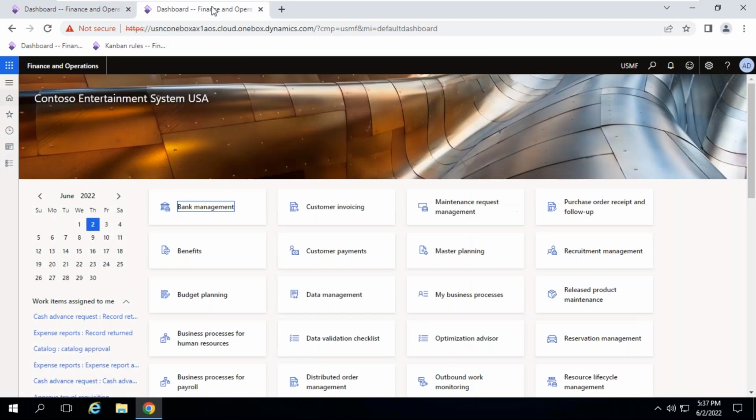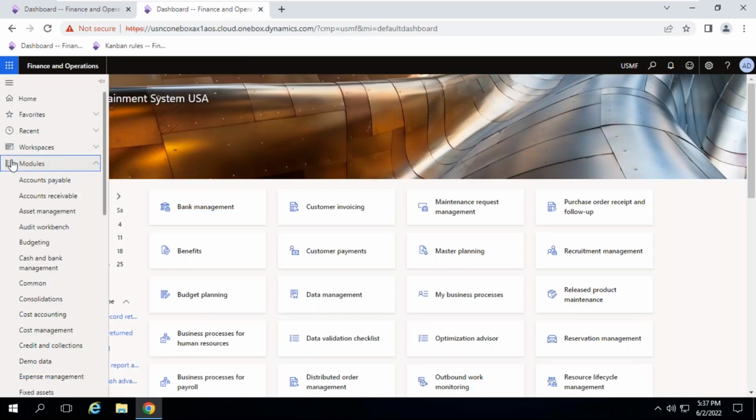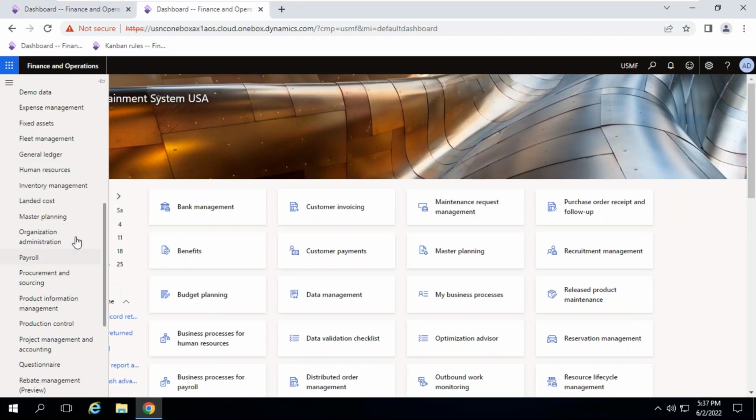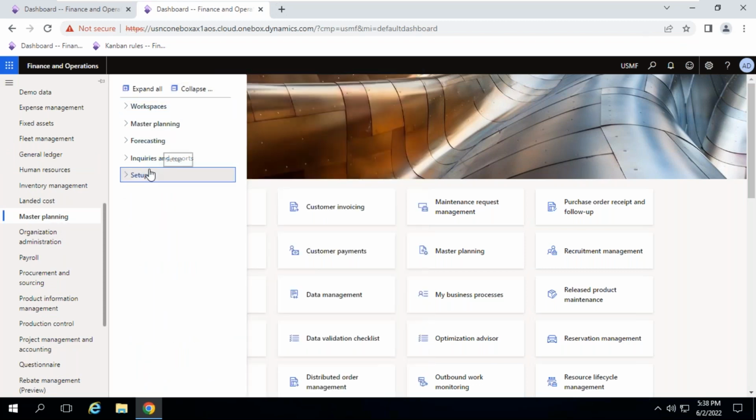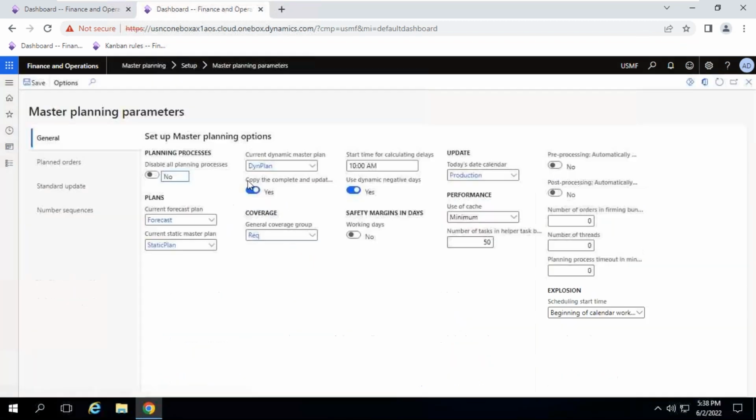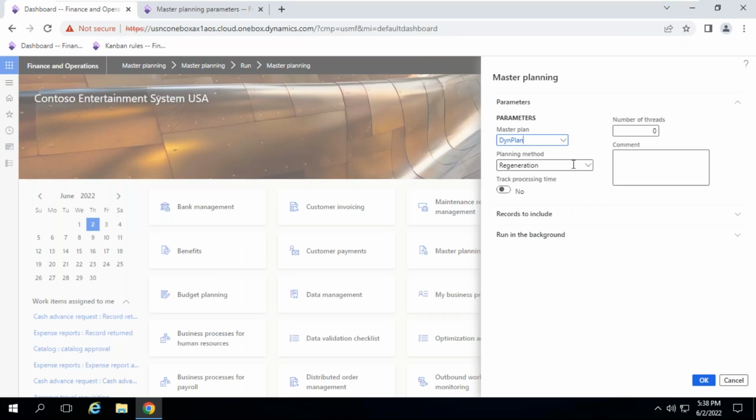In the current dynamic plan, whatever you have selected, it will show you